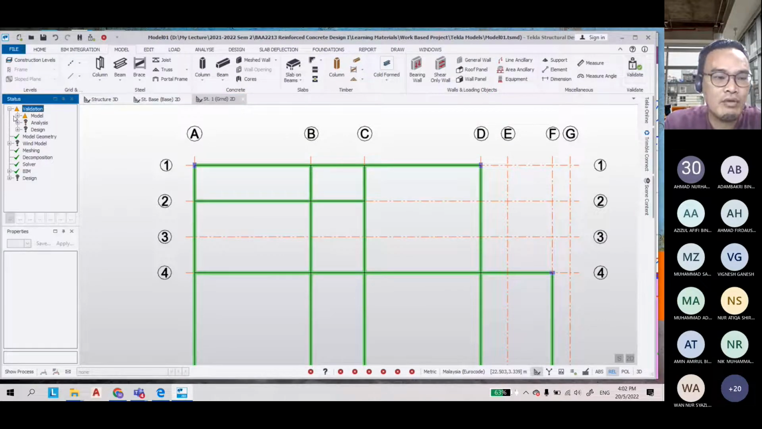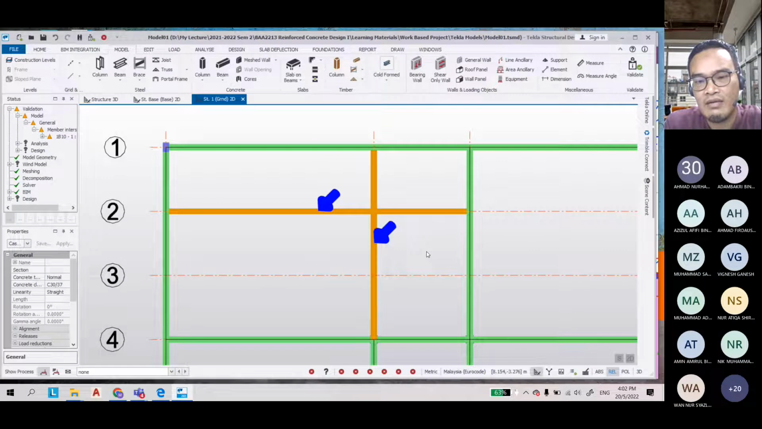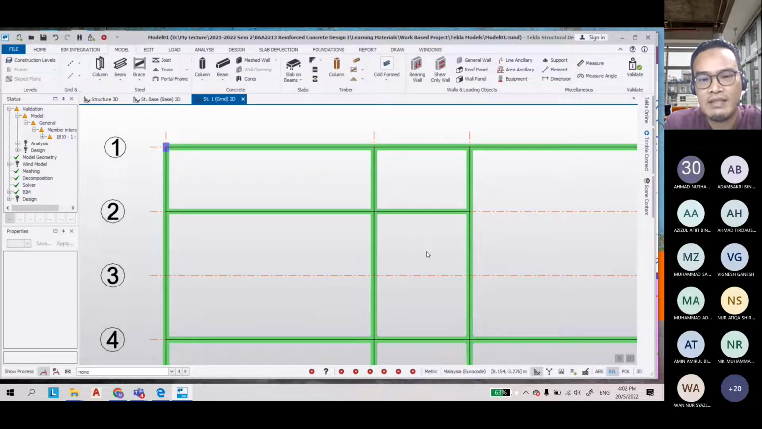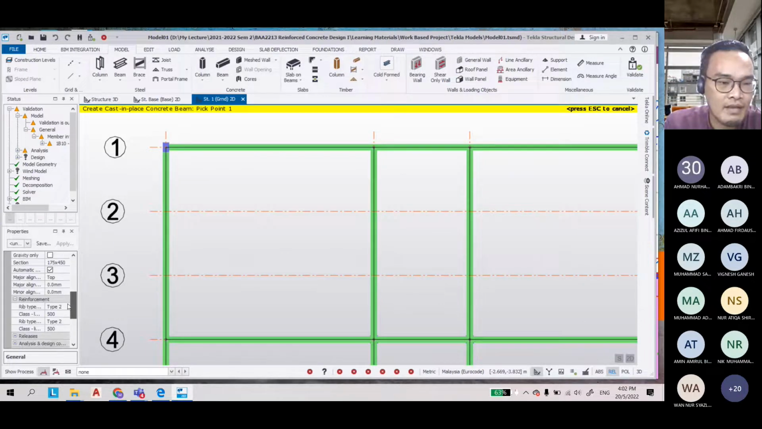Okay, if there is a problem, you click general, member intersections, center lines, and then you double click. Okay, it shows that these two members collide. Dia berlanggar. Okay, so you press escape, then undo, tak nak beam ni, click beam again, then you make sure